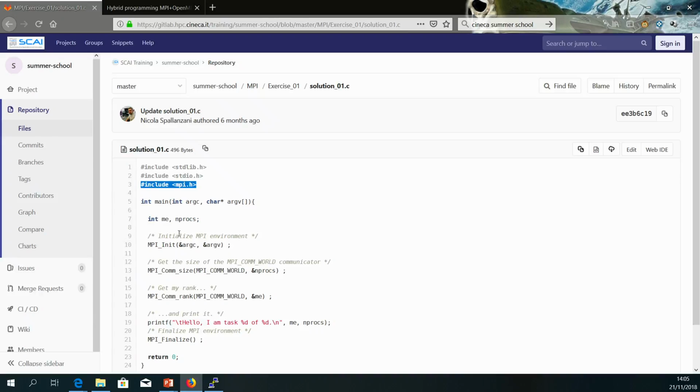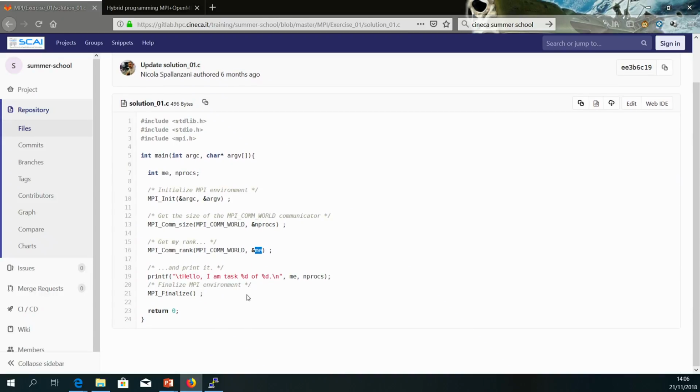Then I have to do my declarations. I have to initialize the MPI environment, use MPI_Comm_size and MPI_Comm_rank in order to know the total number of processors and the ID of the single processor, and then I have to print this information using a printf,